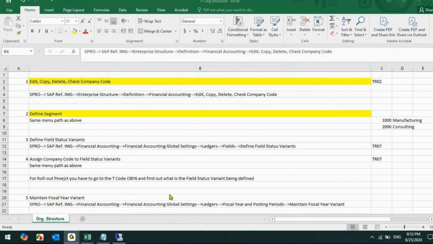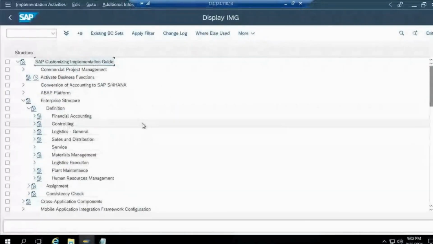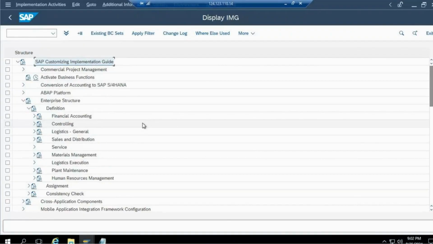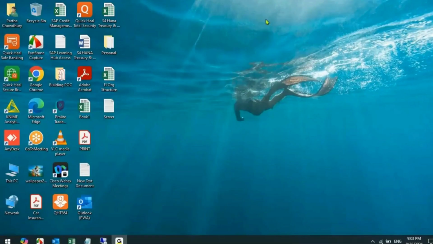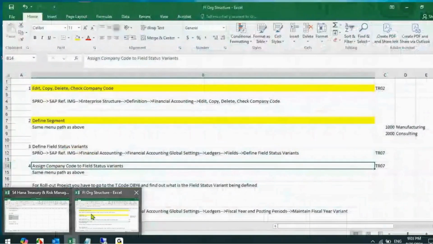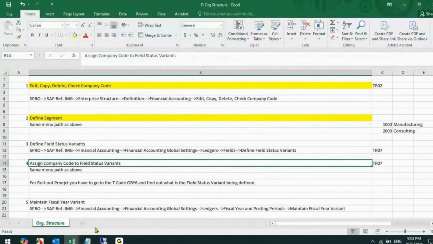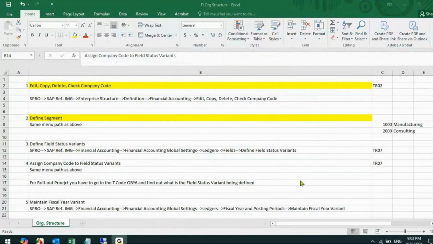One minute, just one. I hope you can see my screen and hear me, right? So the first configuration we're going to do is there in this Excel. We're going to create a company. Can you all hear me? Am I audible? Yes, yes. Okay, so the